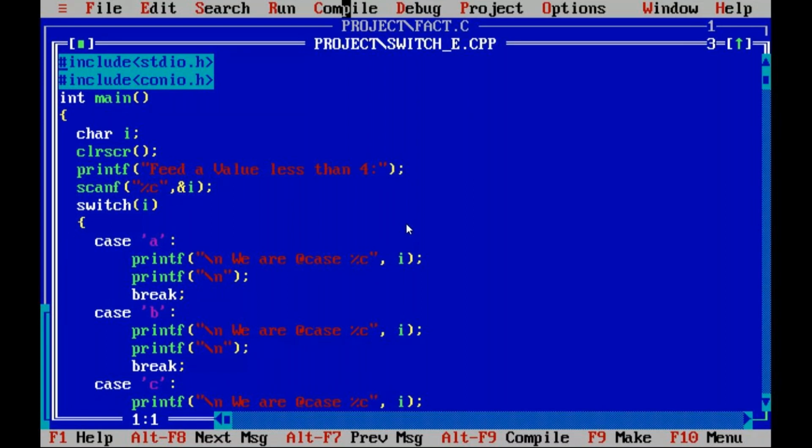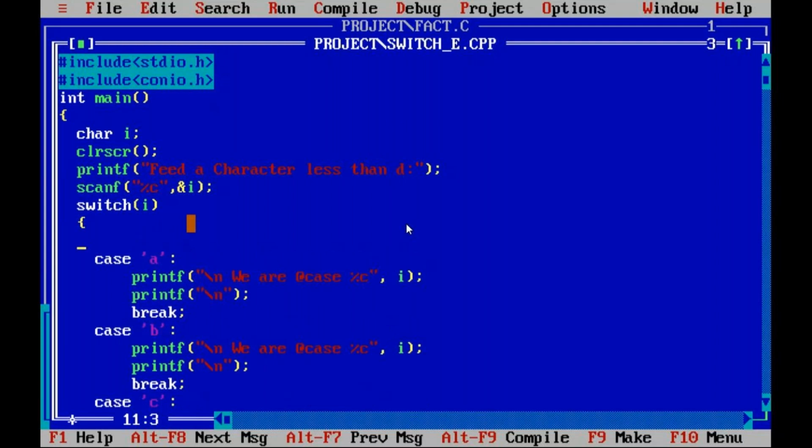If we are only expecting characters less than D, then in that case, like we have seen, we can use the regular format of the switch statement. So you see here,